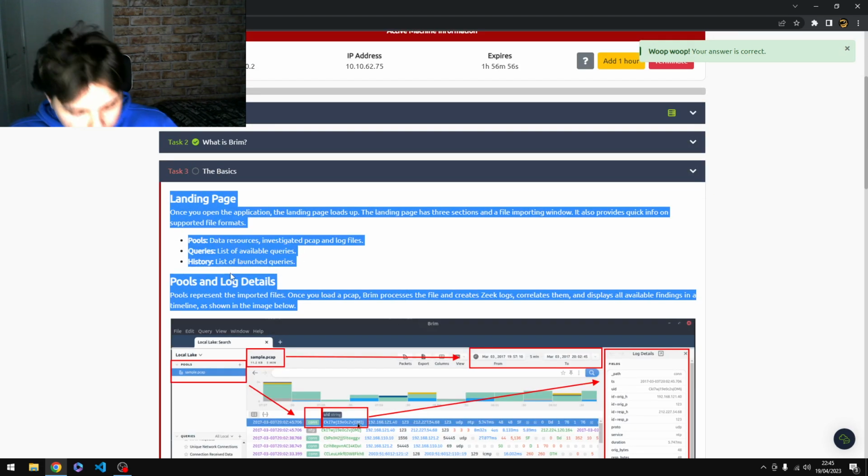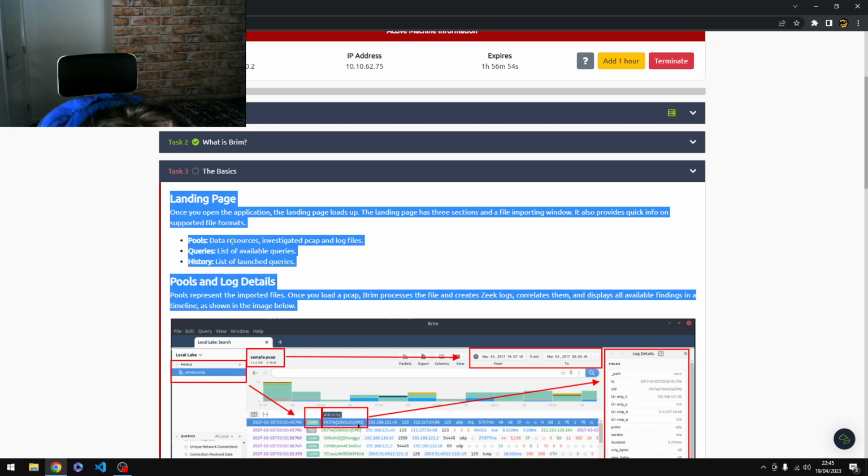Landing page. Once you open the application, the landing page loads up. The landing page has 3 sections and a file importing window. It also provides quick info on supported file formats: pools, data resources, investigated PCAP and log files; queries, list of available queries; history, list of launched queries;